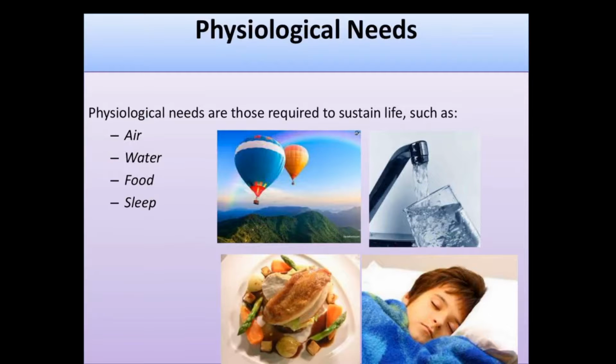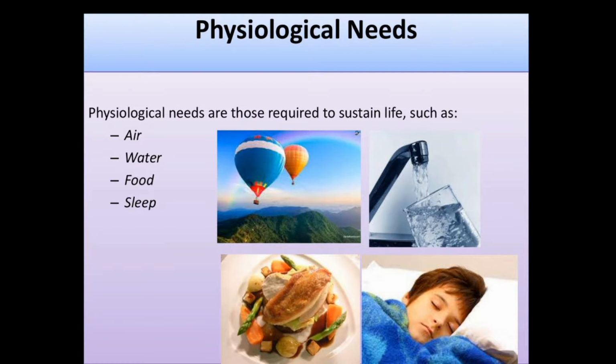So here, physiological needs. Now I will tell what all the physiological needs are: air, water, food, then sleep. Everything is actually a physiological need. We can put a slash, physiological or basic needs, also you can take. Without this, even if somebody is telling me, no, I'll keep on working, and giving me some benefits, nobody will be able to do it. So these are all the basic things you should fulfill first of all. Without these things, nobody will be working actually.